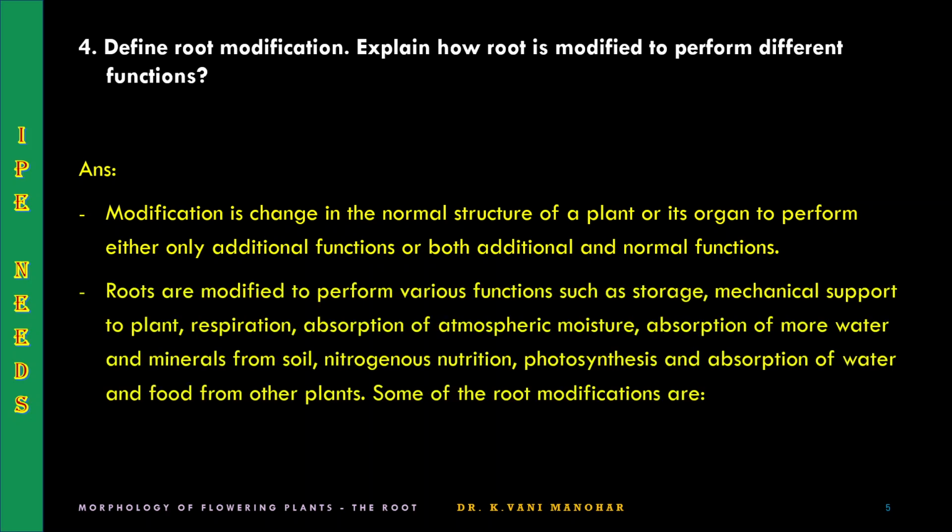Roots are modified to perform various functions such as storage of food materials, mechanical support to plant, respiration, absorption of atmospheric moisture, absorption of more water and minerals from soil, nitrogenous nutrition, photosynthesis and absorption of water and food from other plants. Some of the root modifications are